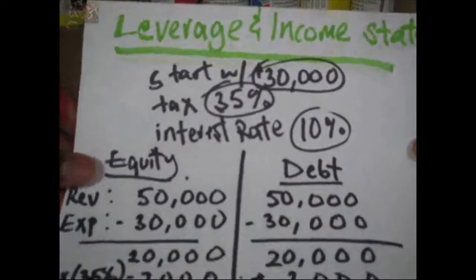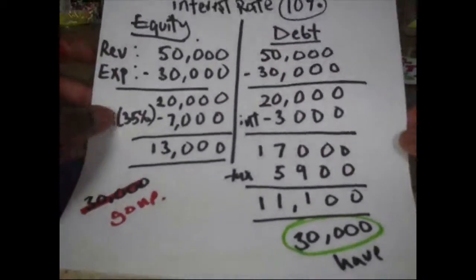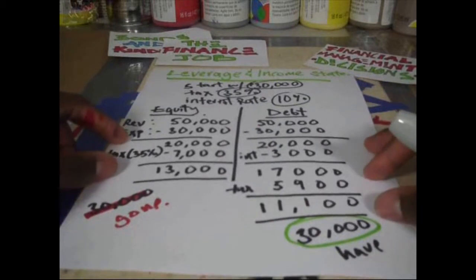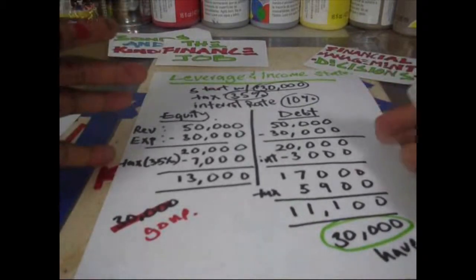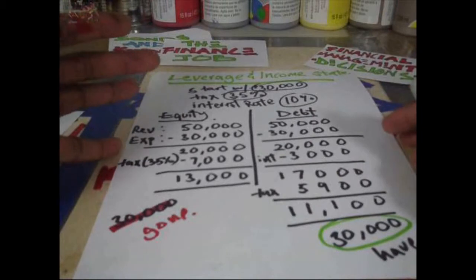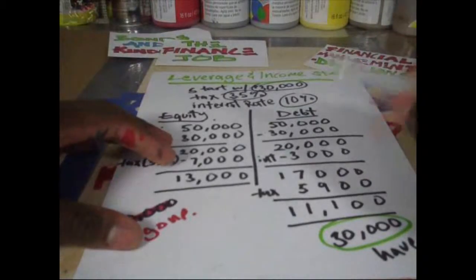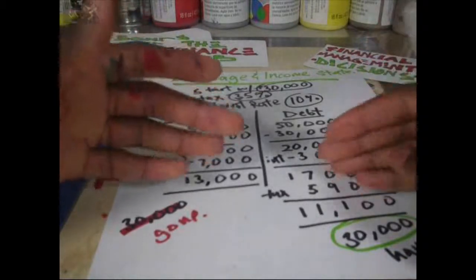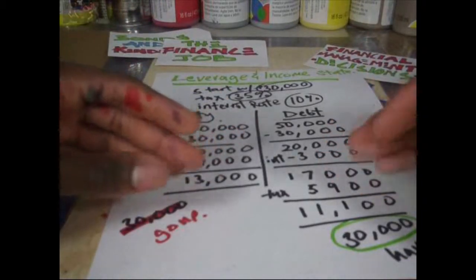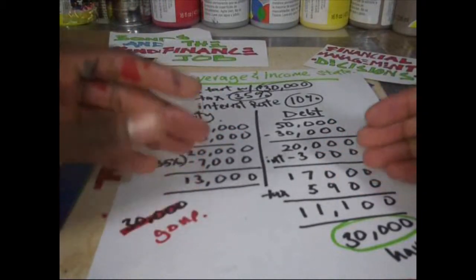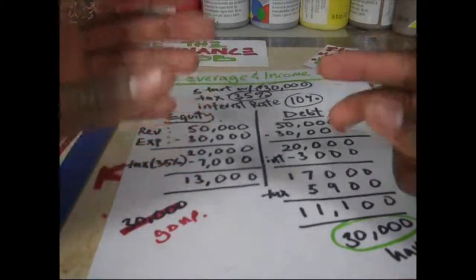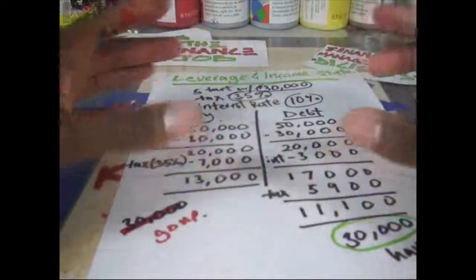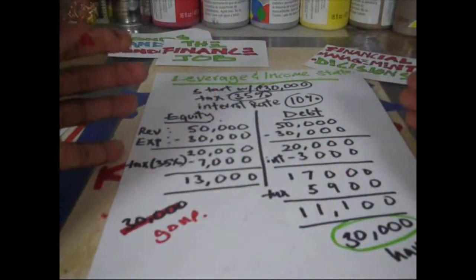All right, so it was very important for me to give you an example of how leverage works and how it affects an income statement. Hopefully you get the idea. I'm not making this video so you could champion borrowing money and you decide to borrow. No, if you decide that you're going to start leveraging, then your level of intelligence and your awareness of your financial setting needs to be at the utmost highest, because you're risking so much.